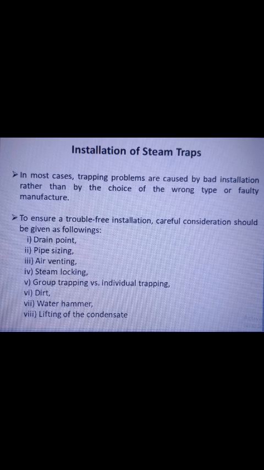Next one is dirt. Dirt is the common enemy of steam traps and the cause of many failures. New steam systems contain scale, castings, weld metals, pieces of packing and jointing materials, etc. When the system has been in use for a while, the inside of the pipework and fittings, which is exposed to corrosive condensate, can get rusted. Thus, rust in the form of a fine brown powder is also likely to be present. All this dirt will be carried through the system by the steam and condensate until it reaches the steam trap.